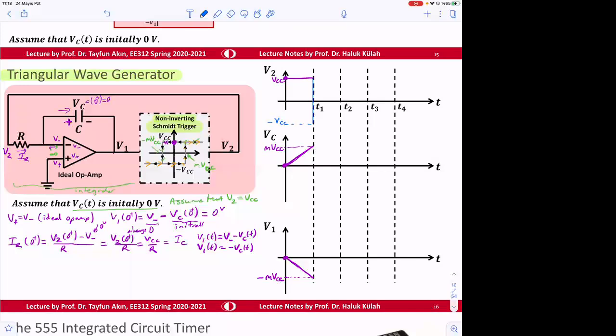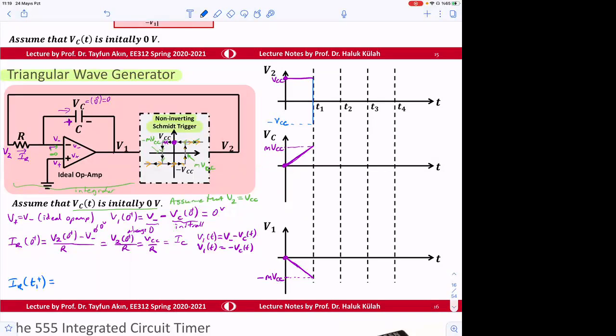Okay, so IR at T1 plus, maybe I should do this a little bit later here. IR, or maybe I should write it here. IR when T is equal to T1 plus